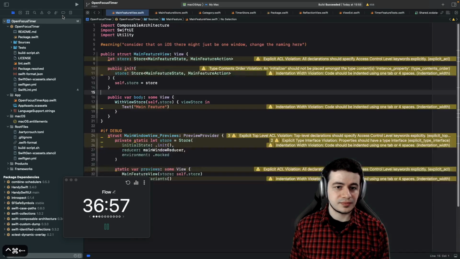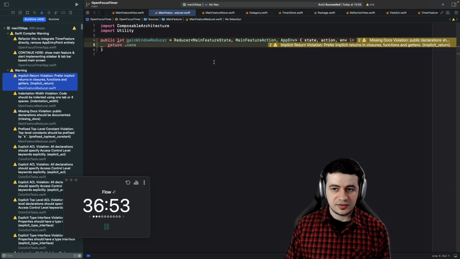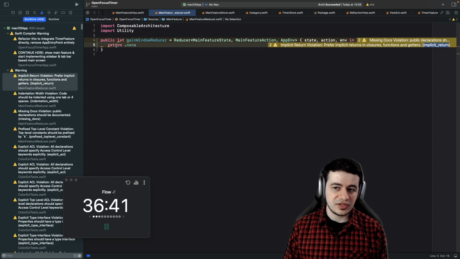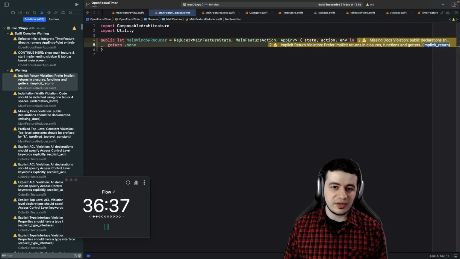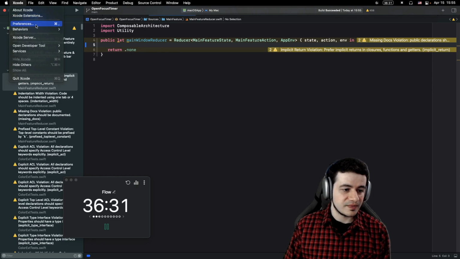There we go. Back on to our warnings. So this one is implicit return. It wants me to make this implicit if it's just one line. In this case, I actually prefer this, so I want to keep this turned on. But in this situation, I actually don't really need to fix it because I'm going to rewrite, like, this is not complete yet. Basically what's going to be in here is, oh, I see I haven't changed my Xcode preference